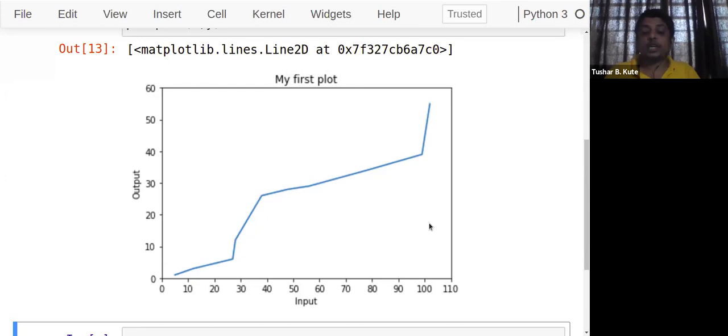So many more decoration functions are there, which we can apply here, and we can even use them in other kinds of plots also. So this is how we can apply ticks. Even the same ticks we can apply to the y-axis also. Here on the y-axis, the output variable already has ticks of 10, taken automatically. That's why I'll not change it. I'll keep it as it is. Input, and this is your output. Fine.